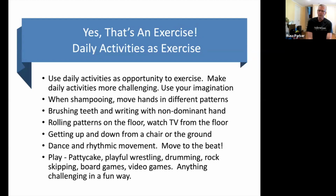You could maybe watch from the floor, and then every commercial you get up and down, something like that. Dance and rhythmic movement, just put on some music and start dancing. I like using that term, rhythmic movement. I actually teach a dance and rhythmic movement class, and the non-dancers seem to get turned off when you just use the word dance. But rhythmic movement,